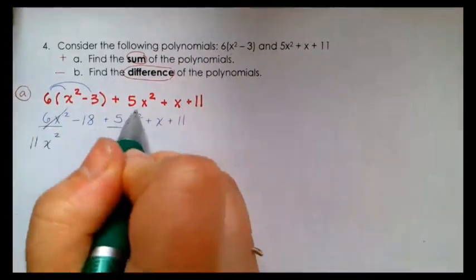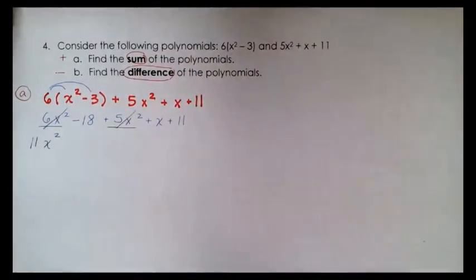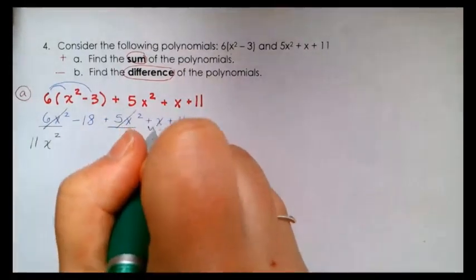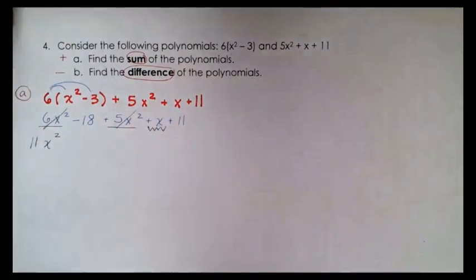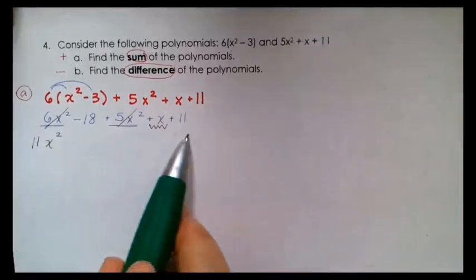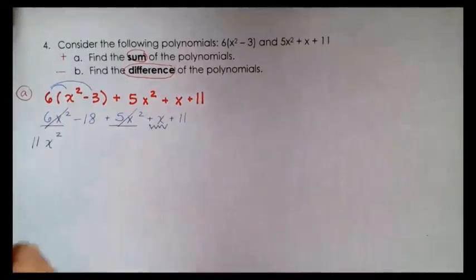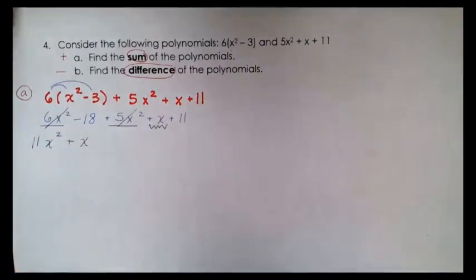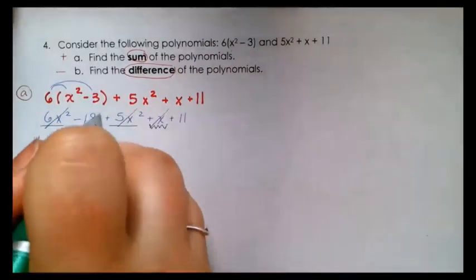So covered those two. Next, I want to go to the next highest degree, which is just a regular x value. So now I'm going to grab the regular x. I don't see any other regular x's. It's just that. So I'm going to have it as plus x. And lastly, now that I'm done with that, I have the whole numbers. Negative 18,